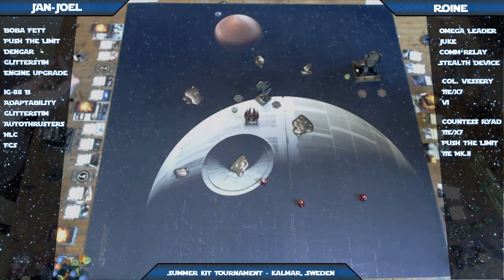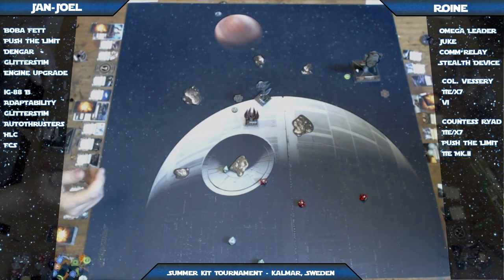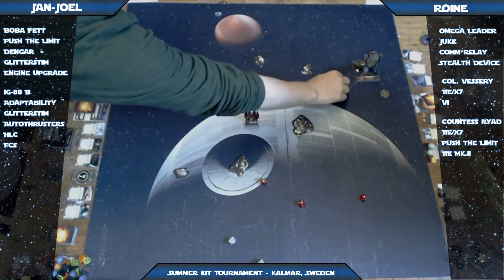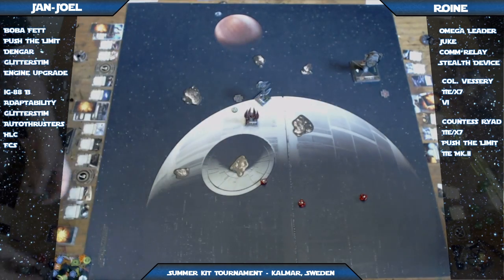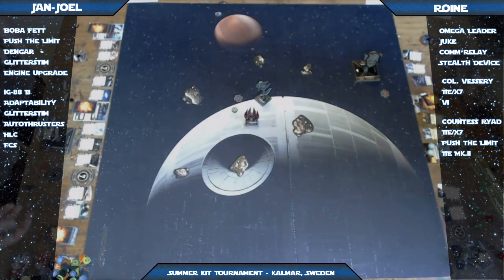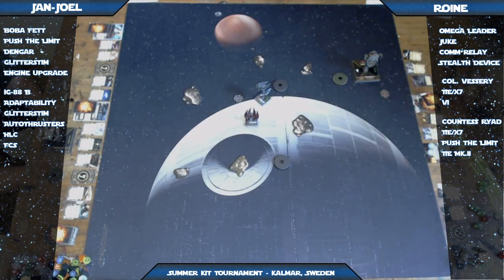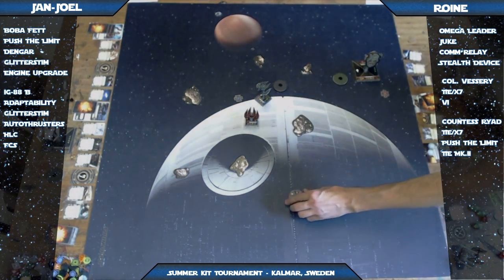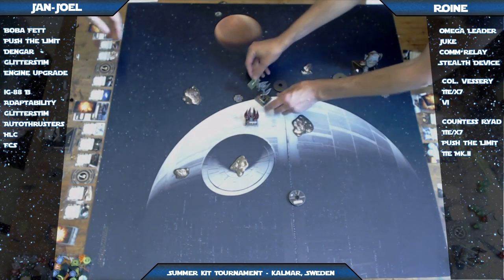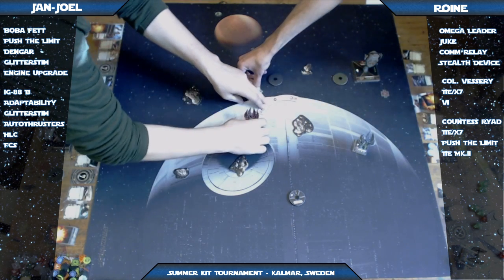Let's see if he can get, looks like 1, using the target lock for 2 more, or maybe a crit as well. And he probably only took 1. Let's see here. Yeah, 1. So there are 3 hit points left on Boba Fett. And then we have the next turn here, and Riyadh is doing a 3 bank. 3 hard maybe. It looks like a hard